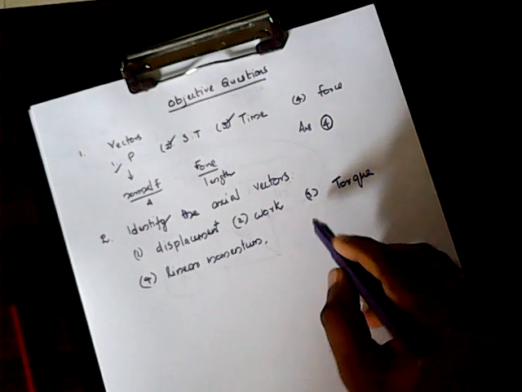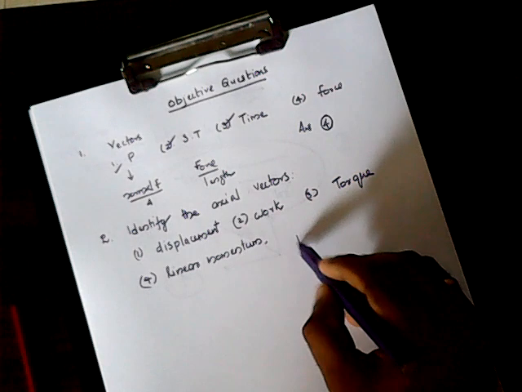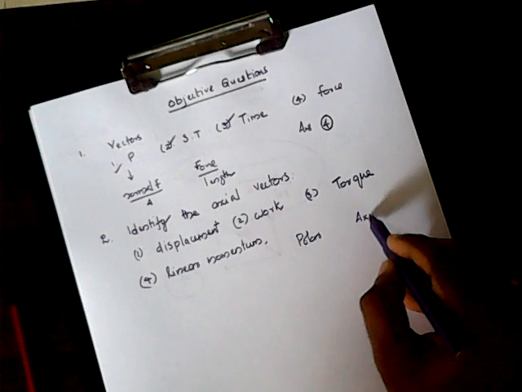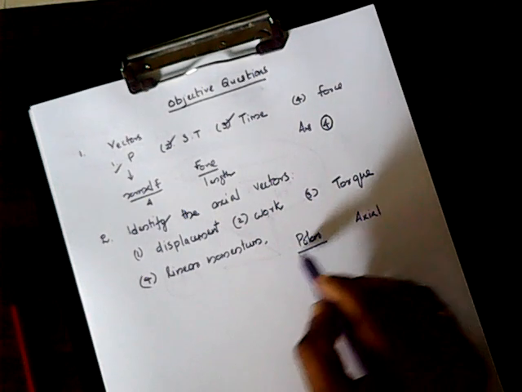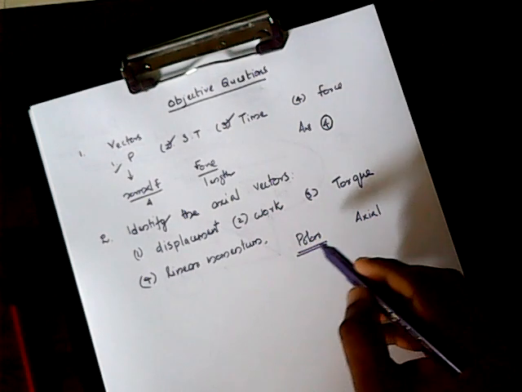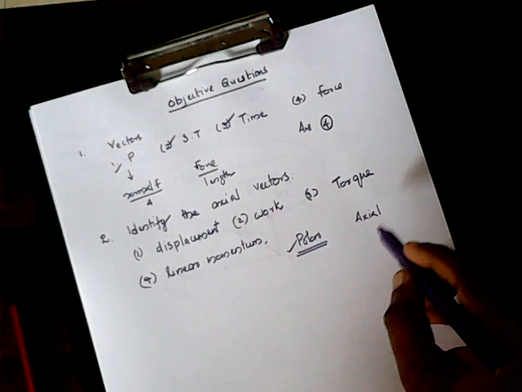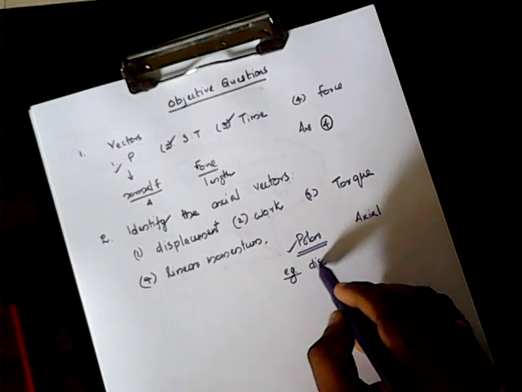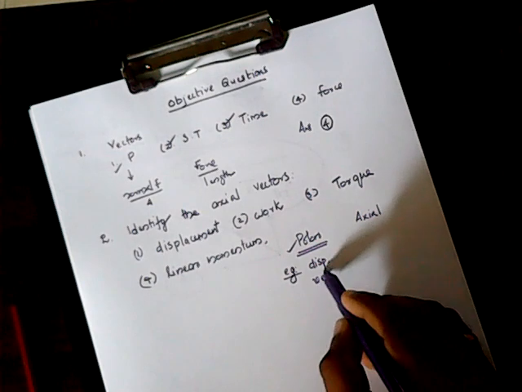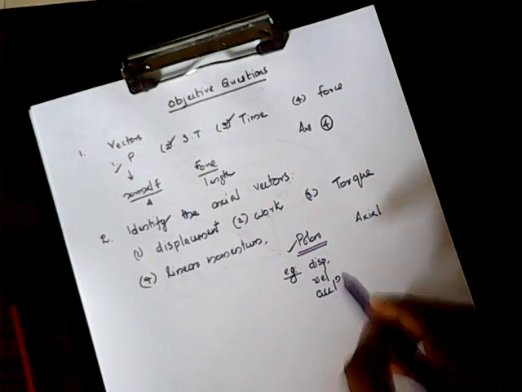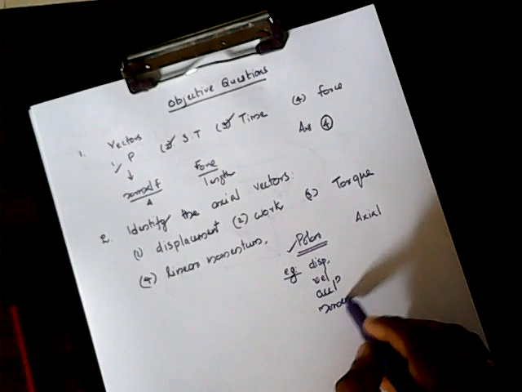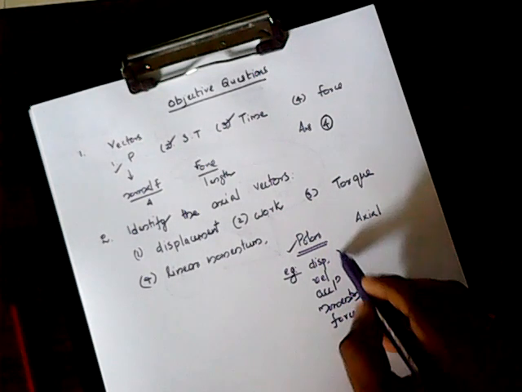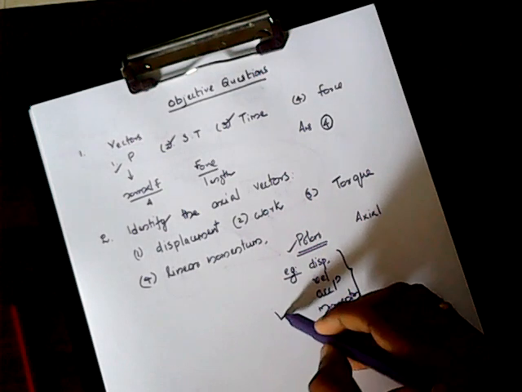We know the differences between polar vectors and axial vectors. The vectors acting along the direction of motion of a body are called polar vectors. Hence we can quote examples as displacement, velocity, acceleration, momentum, force, etc. They are polar vectors. Especially we can say they are all in linear motion.